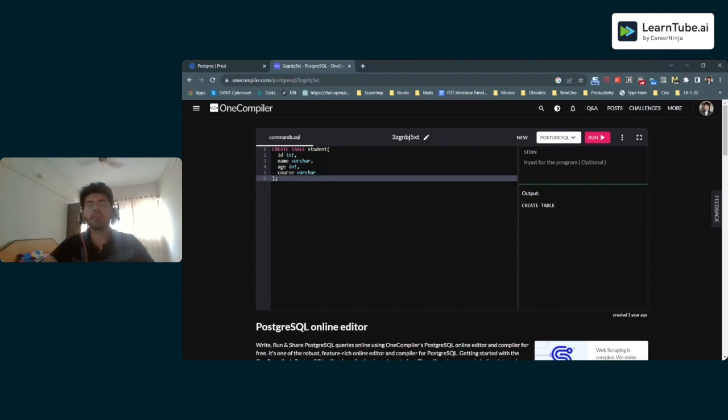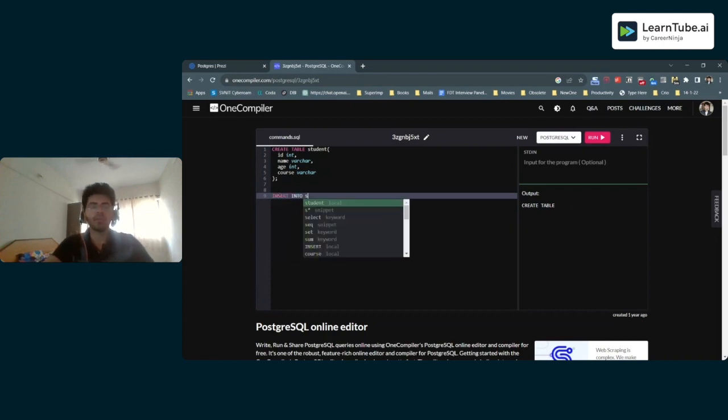This is because we have created the table, which means we have created the schema for the table. Again, remember, schema is the actual columns and the data types of all of these columns. So we have this template ready, we have the skeleton ready. However, the table will come up only once we have actually added data. So how do we actually add data into our SQL database, into our Postgres database? For that, we use the syntax insert into student